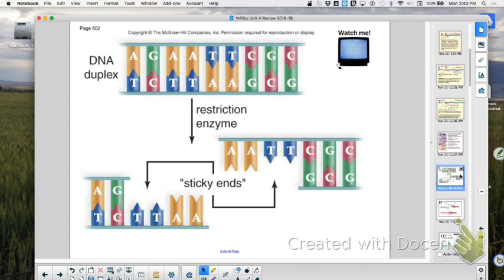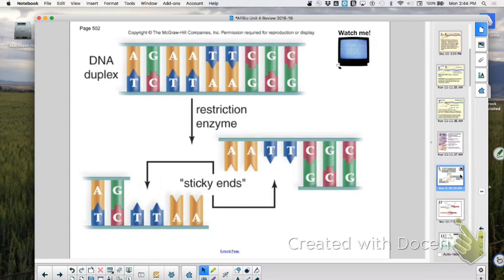Is there any part of that you didn't understand? Ask your bio buddy. Do you understand all the parts you just said? Yeah, you need restriction enzymes. Do you need me to run through that one more time, or are you good? I think I got it. One more time? Okay. So, you just fill in the blanks for me.